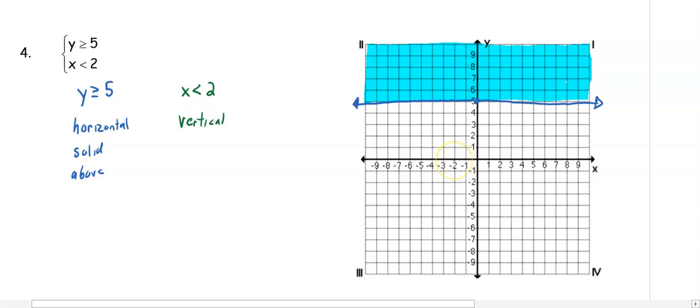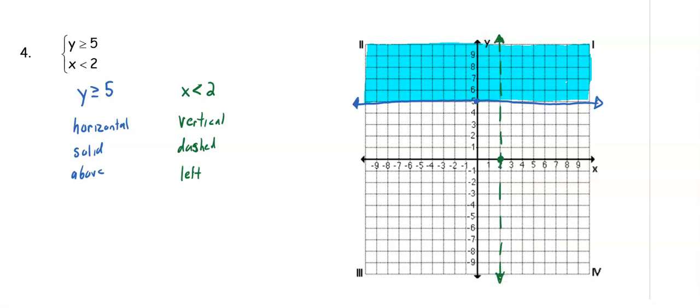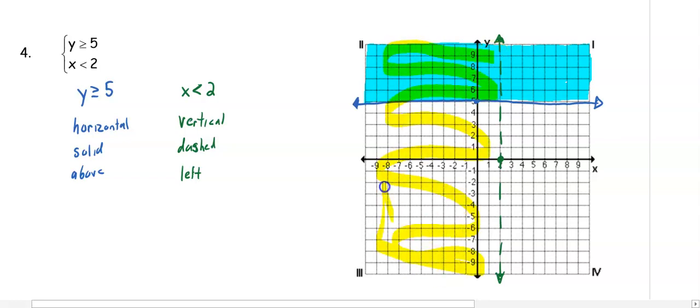So if I go to 2, I have a vertical line through there. Then, because there is no bar underneath it, this is going to be a dashed line. Now, with x's, because they're vertical, we don't have an above and below. So we're just going to pay attention to the direction of the inequality. It's pointing to the left, so we are going to shade to the left. So we're going to go to 2 on the x-axis. We're going to draw our dashed line through 2. And then we are going to shade to the left of our